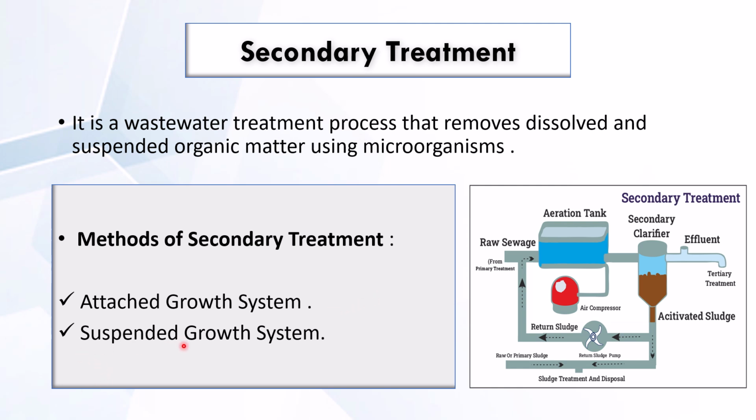And the next is the suspended growth system. In this, the microorganisms are suspended and mixed with the wastewater. There is no media for the microbes to attach to. Basically, they are mixing with the wastewater, and the entire biomass is in suspension and is treated in aeration. The example of this suspended growth system is the activated sludge process. So here is the